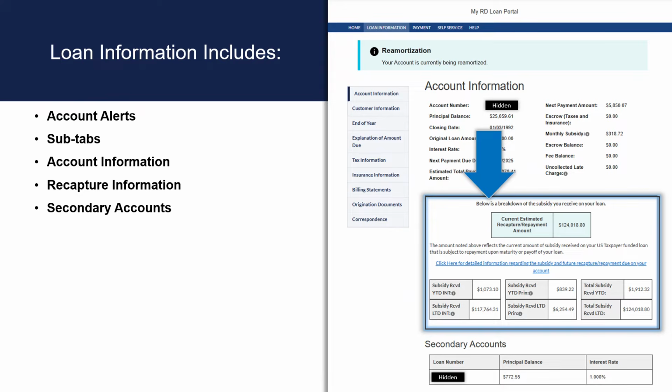This section provides a breakdown of subsidy recapture information, and it includes the subsidy received over the life of the loan, a link that provides more detailed information regarding subsidy and future recapture repayments due, the total subsidy received that applied to interest in the current year, the total subsidy received that applied to principal in the current year, the total subsidy received within the current year,